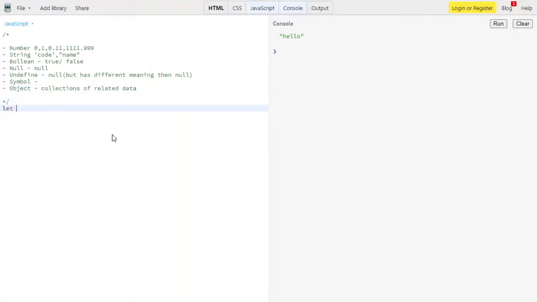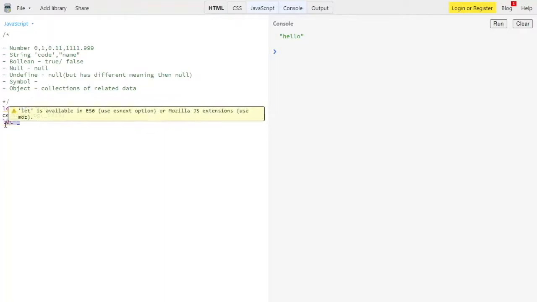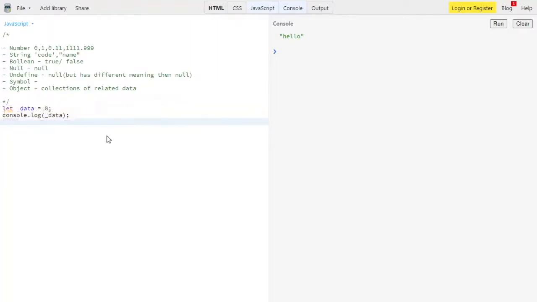Then I'm declaring one more variable using let data equal to 0. So this is console.log. Let me show you what I'm doing with my data. Then we have let underscore. Okay, not defining again and again.